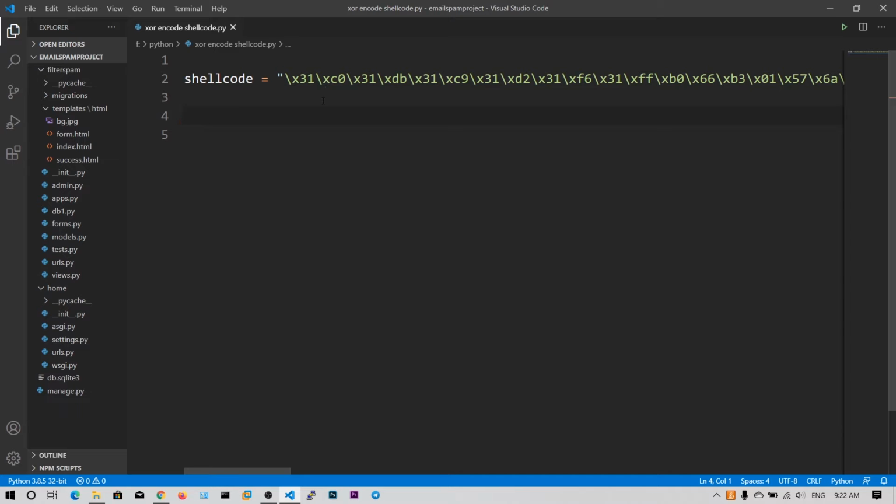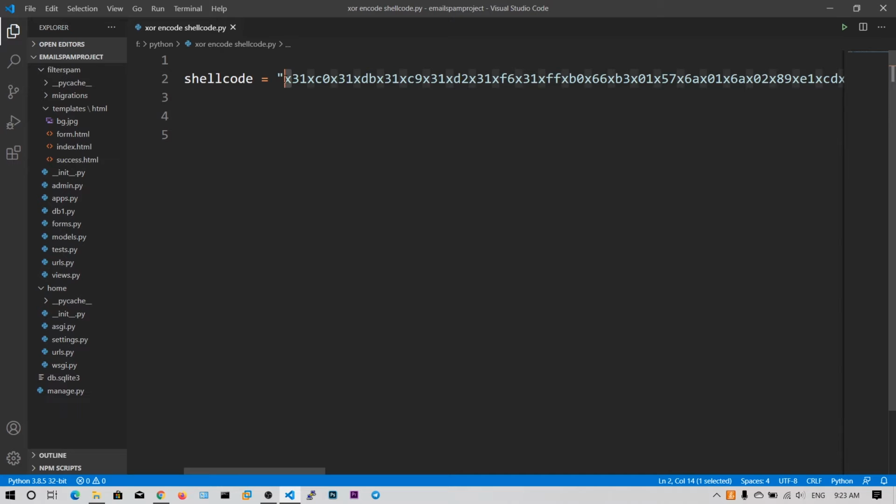Now I have extracted the shellcode and placed it in the shellcode variable. When I am encoding this shellcode, I have got some issues because of this \x. It's representing this as a hexadecimal. Of course it should represent, but some characters are turning into Unicode characters. That's why I am going to replace this backslash with null. I mean I am going to remove these backslashes. So don't worry guys, you will get the shellcode in the encoded format correctly. Okay, this is our string.